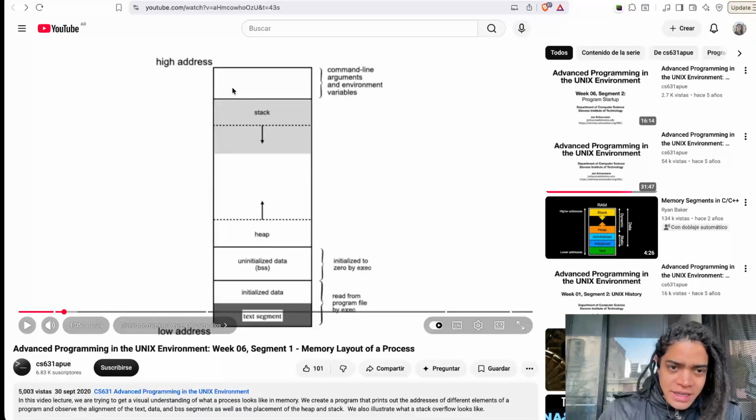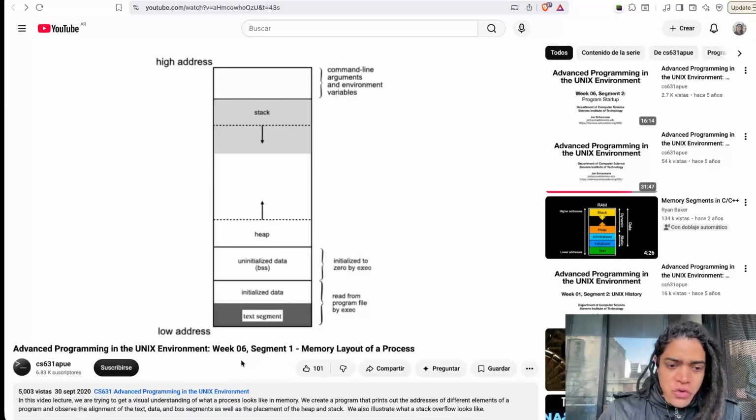The idea is that when you look at this layout, it's about how in memory we organize our programs from low address to high address. The lower addresses are the text segment, initialized data, uninitialized data, and then you have